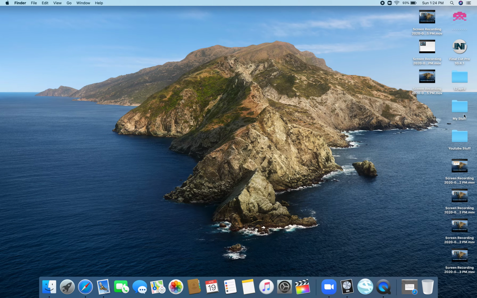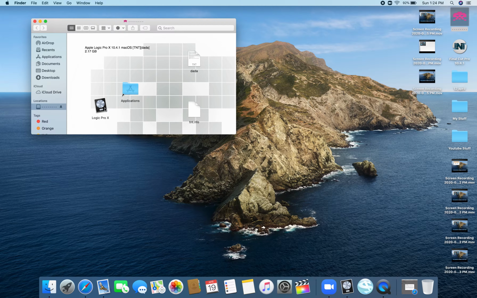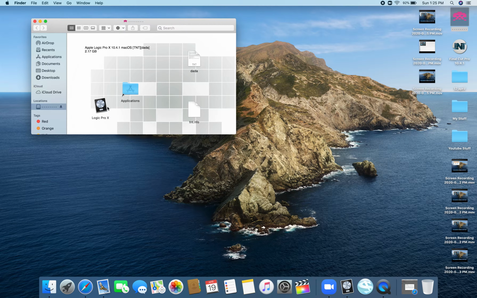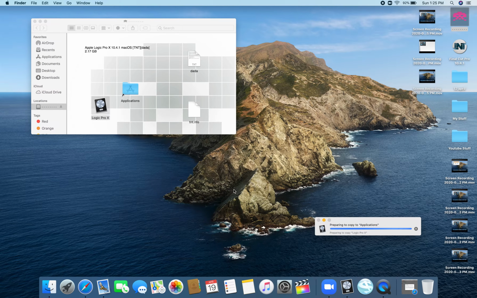Okay, then I have another app, I'll show you what I'm talking about. Here I have another app like this one, Logic Pro X. If I delete this one, then I will not be able to open it, so I have to do the same thing. I will select here, then drag and copy it into my Applications. It will take a couple of seconds. I will copy, then I can eject from here, I can remove it from my screen, then I have this app